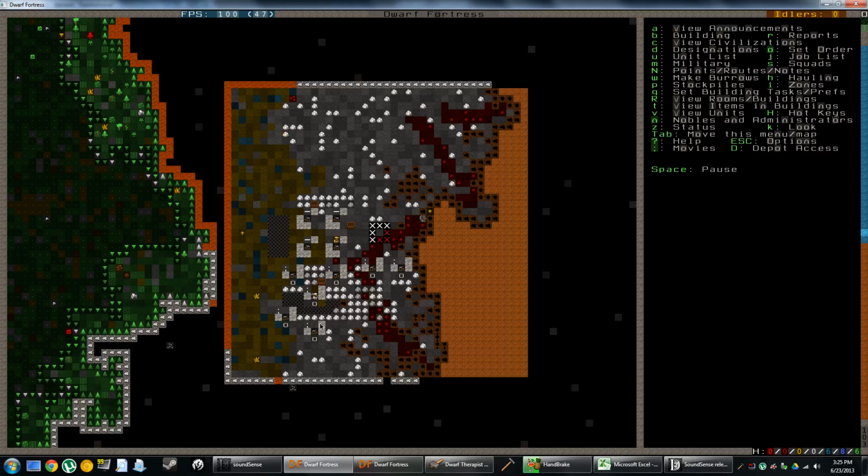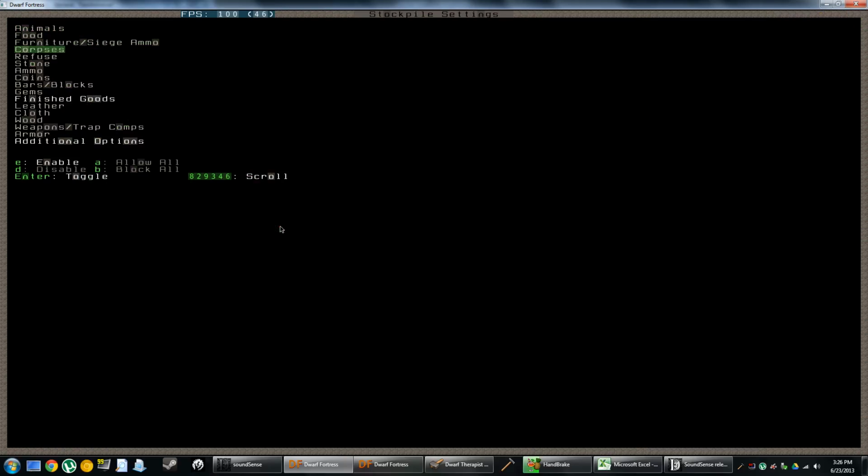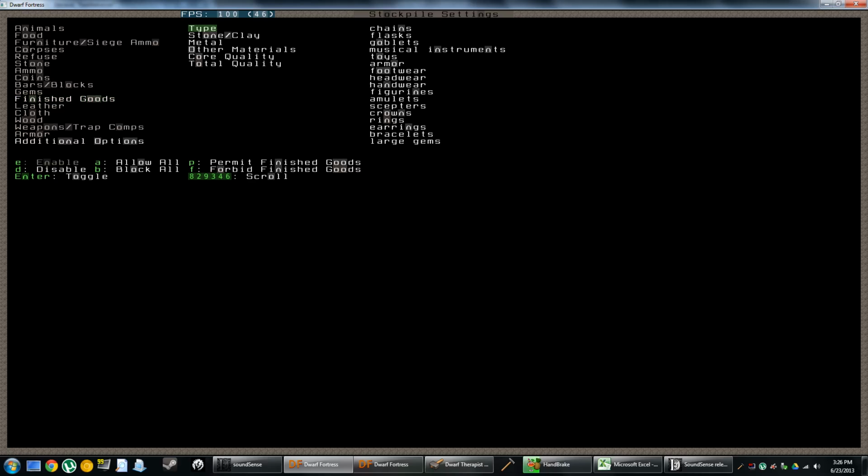Let's play some more Dwarf Fortress. So we've created our stockpile. This is for finished goods. I don't want them to put everything here though, I just want them to put the crafts that they're making from the shops right next door. So I'm going to forbid by type, and then I'm going to go back over here and re-enable just where it says